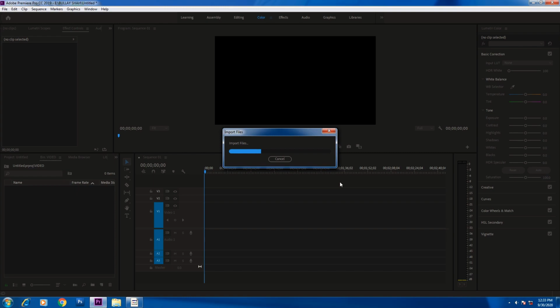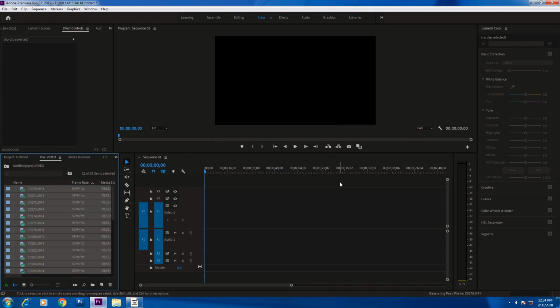It will also take time, most probably 10 to 15 seconds or 30 to 50 seconds, depends on your data. And just wait for it because it's not completed yet. You can see this bar, the blue light is blinking. You have to wait for this. Whenever it goes, you can start editing from this video.